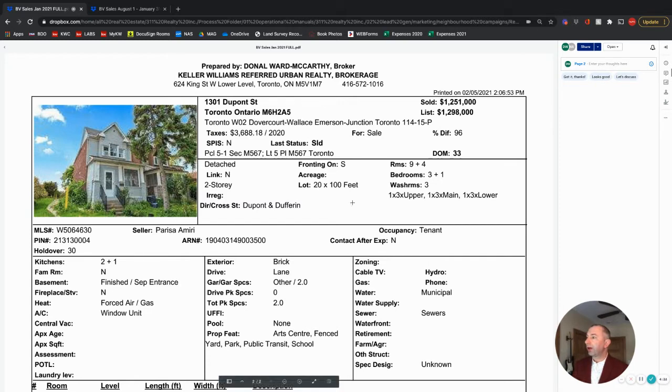Okay, so the cheapest home that sold in Bloordale Village was this home, 1301 DuPont Street. Still quite a good price for this property, considering its location. This property has been on the market for a long time, relisted a couple of times, an investment property, a tenanted property. And the biggest difficulty with this sale, for the agent who sold it, was